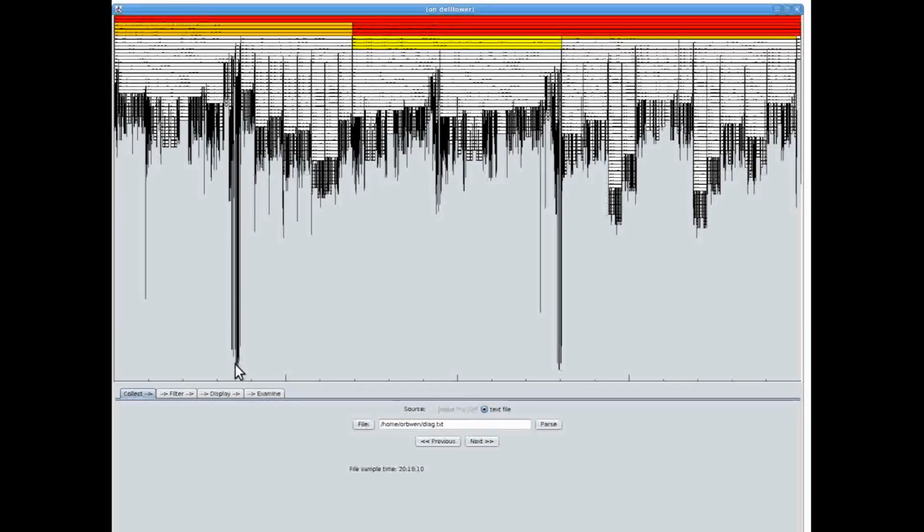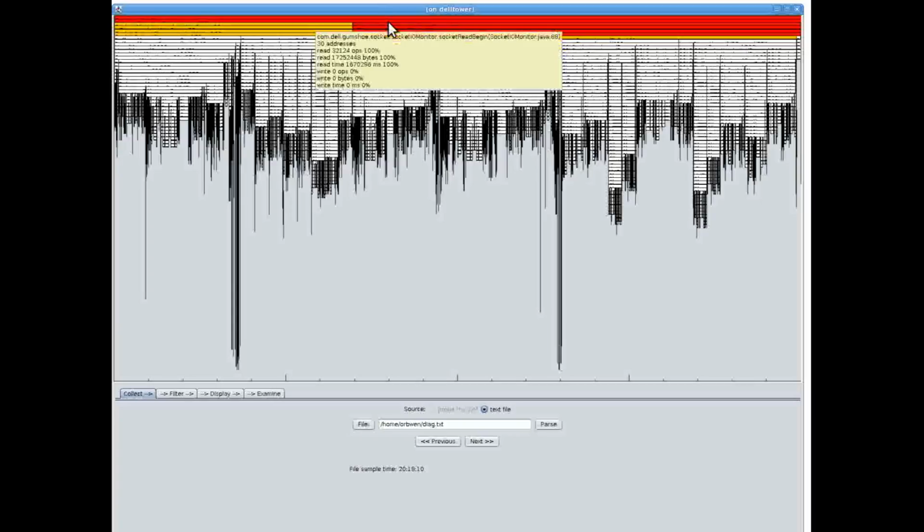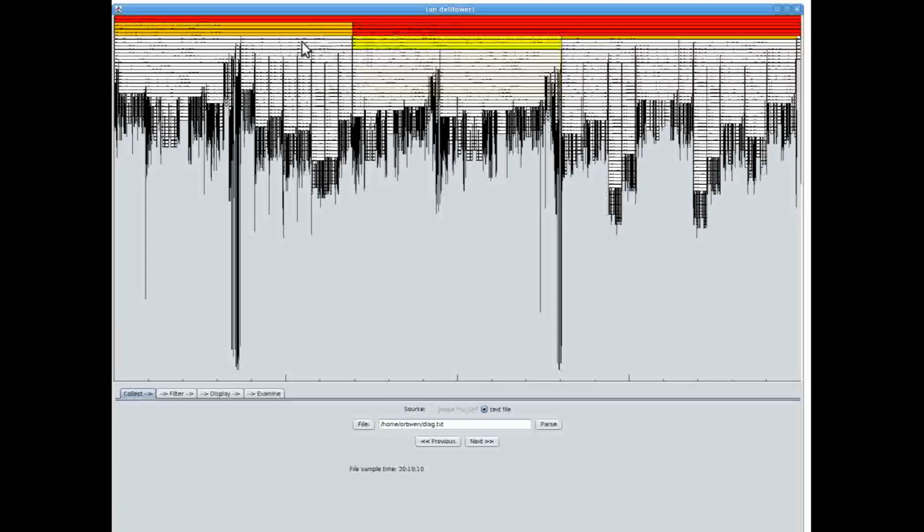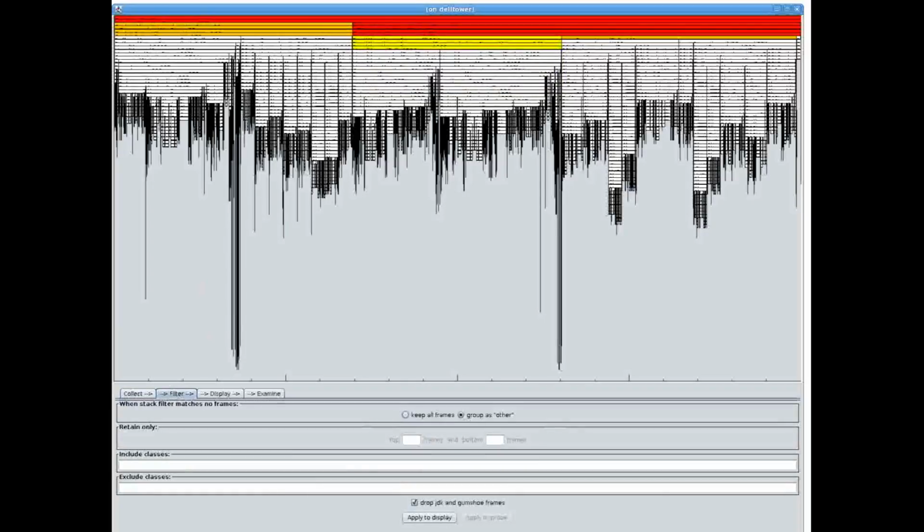We have very tall call stacks, each representing, in a lot of cases, not a whole lot of I/O. Some of the groupings we have here are things that are not relevant to my investigation, the Gumshoe collection itself, things from the JDK. So I'll go to Filter. As a bare minimum, you'll probably want to apply this filter, which is to drop things from the JDK and Gumshoe itself. I'm going to go a little further